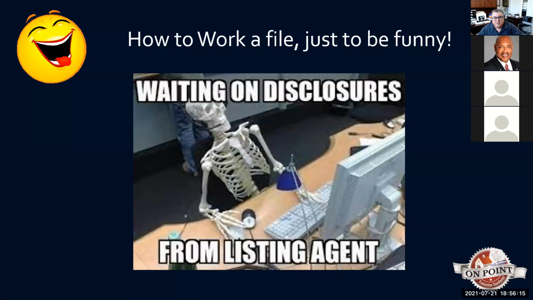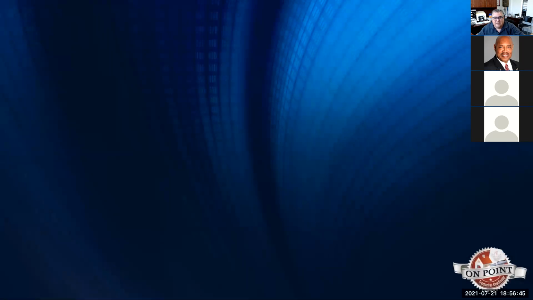Can a buyer remove contingencies if they have not been fully disclosed? What if they get a disclosure that there's something on it that's a concern of theirs, and they've been asked to remove contingencies, and let's say they did remove the contingencies. What if they say, oh no, I want to cancel now? Is the listing agent going to say, oh no, you can't cancel, you removed contingencies? 14B3 protects you from that. So just so you know. And so that funny became a little nugget there.